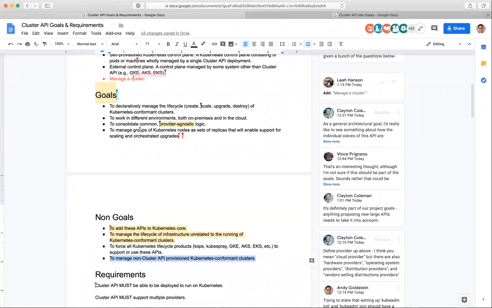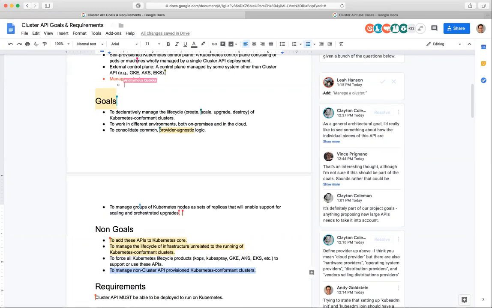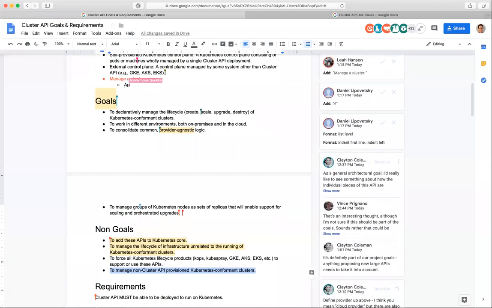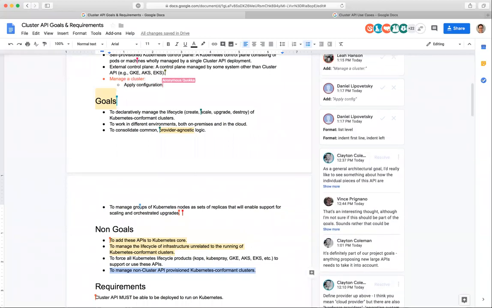Yeah, I mean, if you want to back your way into somehow creating the, I don't know, cluster machine, whatever the objects are, to represent the GKE cluster that you created on your own, if you can make that work, great, but it's not a goal to have cluster API automatically support that. That would be on GKE or COPS or somebody. But not us. Not cluster API. Does that work, Pablo?